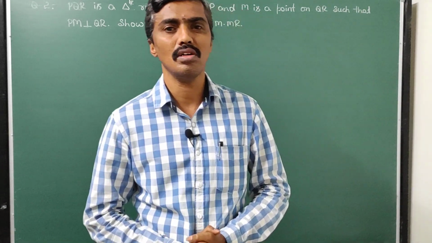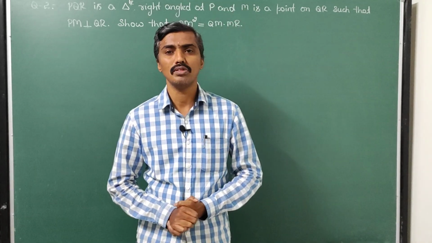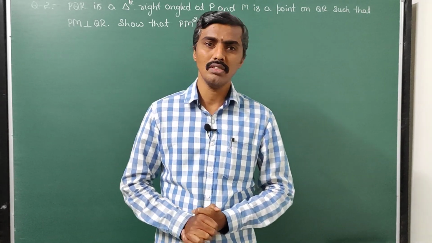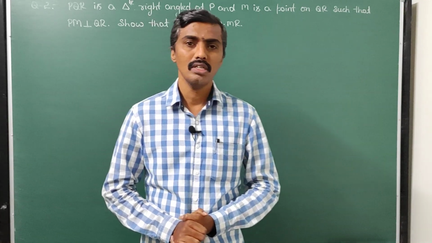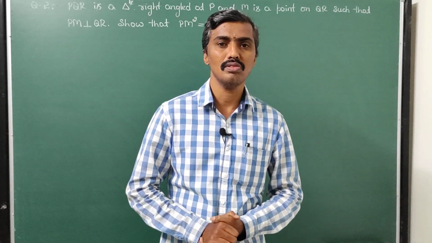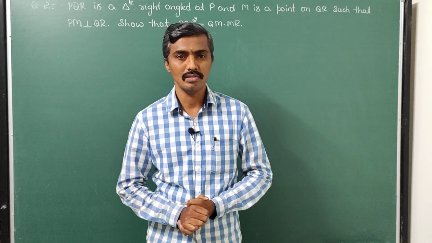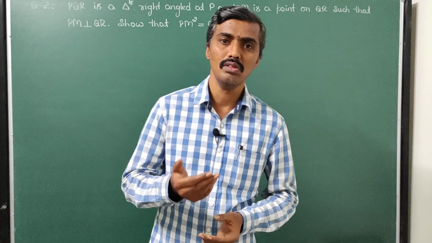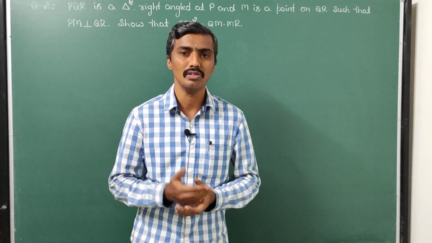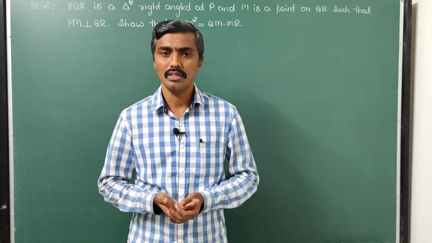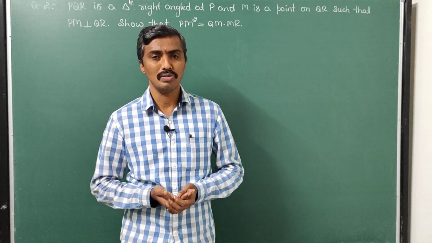This is the third video on the topic triangles. In this video we are going to discuss three problems of exercise 2.5 for those studying in the state syllabus, and 6.5 for those studying in the CBSE syllabus. So let me start the problems. The first problem of that exercise is very simple, based on the Pythagoras theorem. We just have to verify which of the three given sides is the hypotenuse, by applying the Pythagoras theorem. Okay, so I am starting with the second problem.